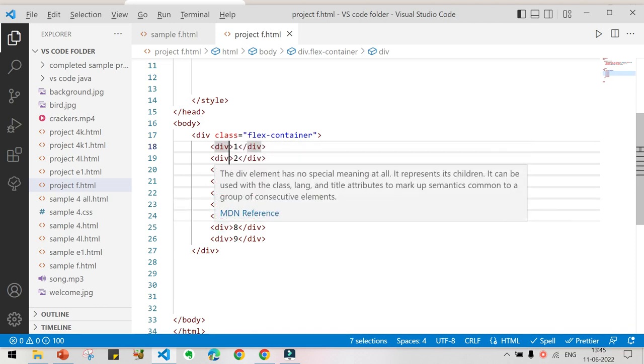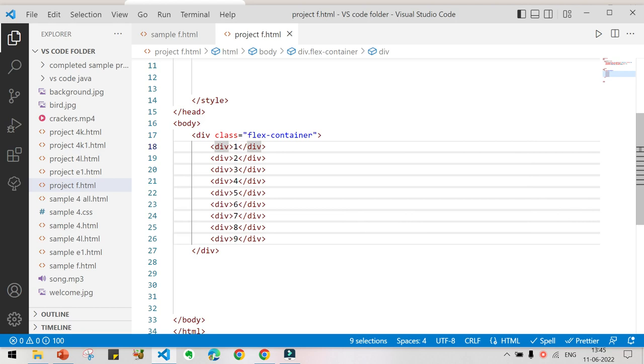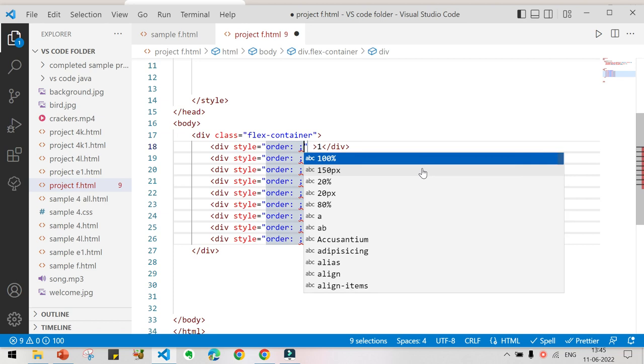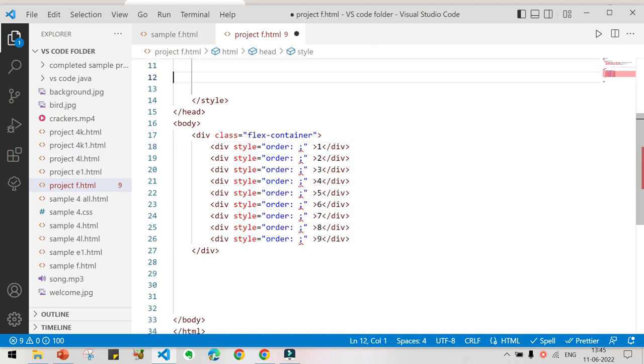Like this I will be clicking on every element. Now I am leaving space and typing style equal to, and I am going to give style as order. Now what I will be doing is giving the order. Just click somewhere else and give here order. So I am giving order as 9,